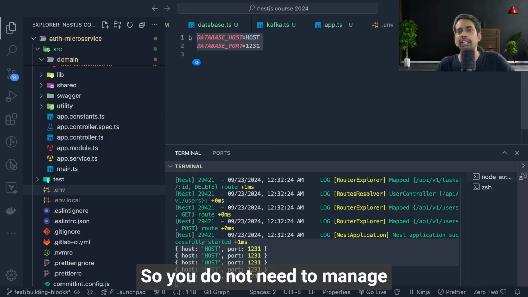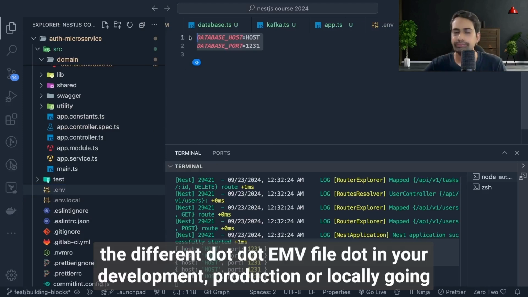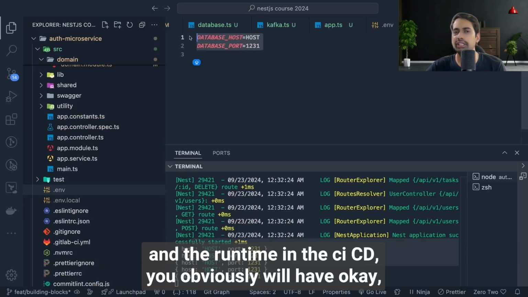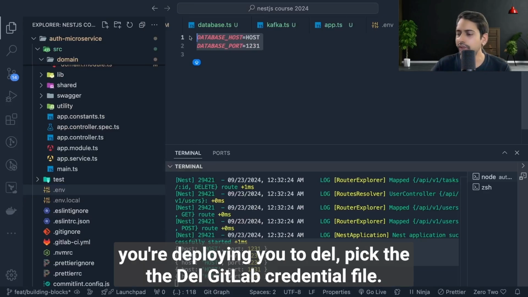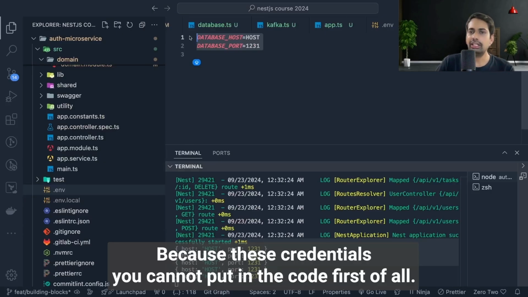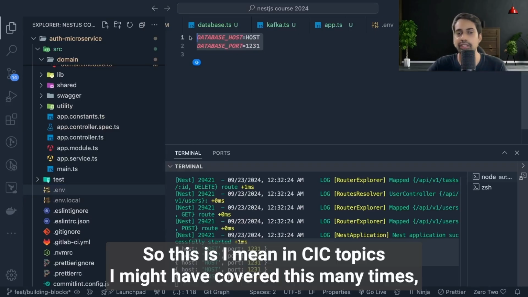So you don't need to manage different .env files, .env.development, production. There is no need to manage that locally, because you can have only one .env file. At runtime, in the CI/CD, you obviously will have, okay, you are deploying it to dev, pick the dev GitLab credential file or dev env file. Right, because these credentials you cannot put in the code first of all, right? So this is how, I mean, in